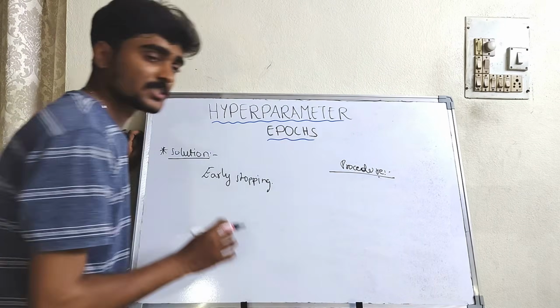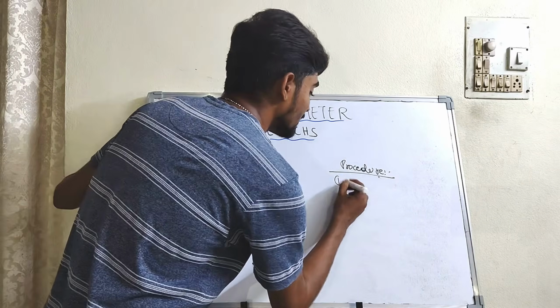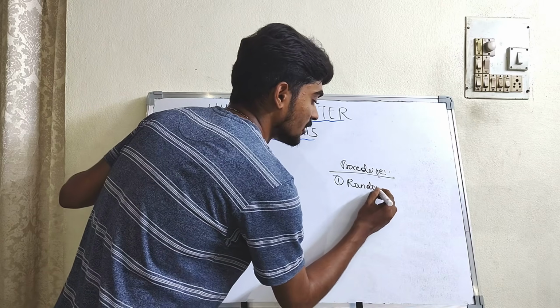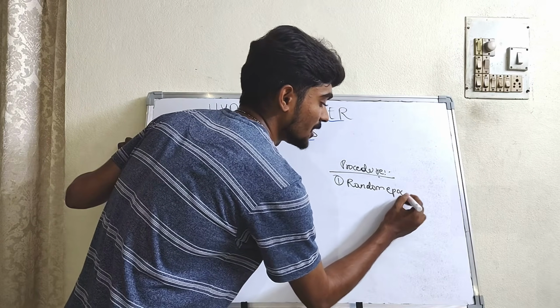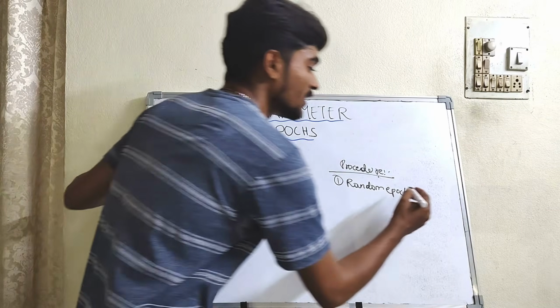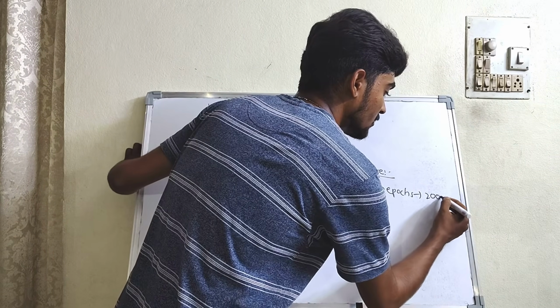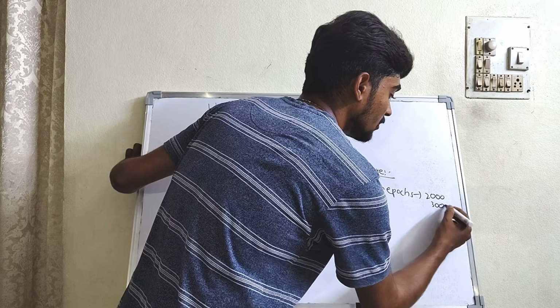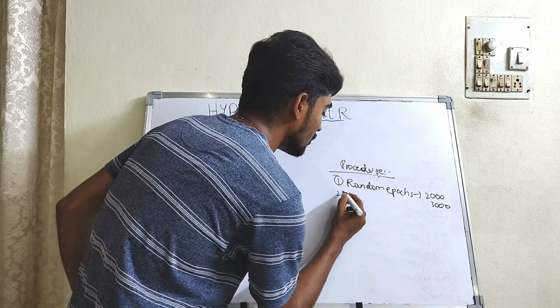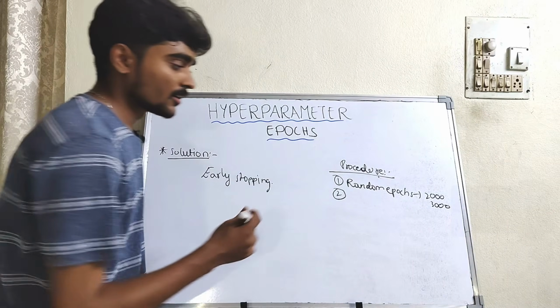Okay, first initially you set a random number of epochs. Now how do we actually set this random number of epochs? You set some higher value of epoch, let's say around 2000 or 3000. In this way you set a larger value of the epoch. Now in the second step,